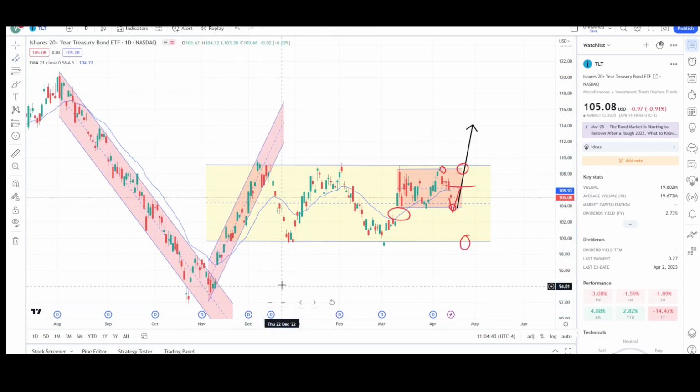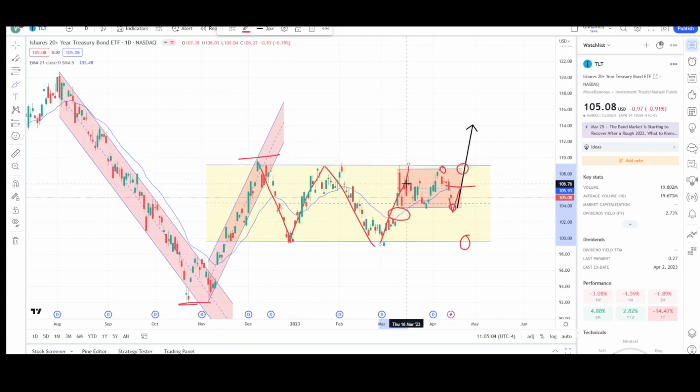Let me go ahead and fix that. So after a break of a channel, we can expect 2 attempts at that previous extreme. So prices made 1 attempt down to retest this previous low of the downtrend. However, the uptrend had a break too, so then prices went up to retest the previous high of the uptrend. So sellers tried one more time to reach the lows. They failed, but the bulls had one more chance, and they gave it one more chance to the top, and